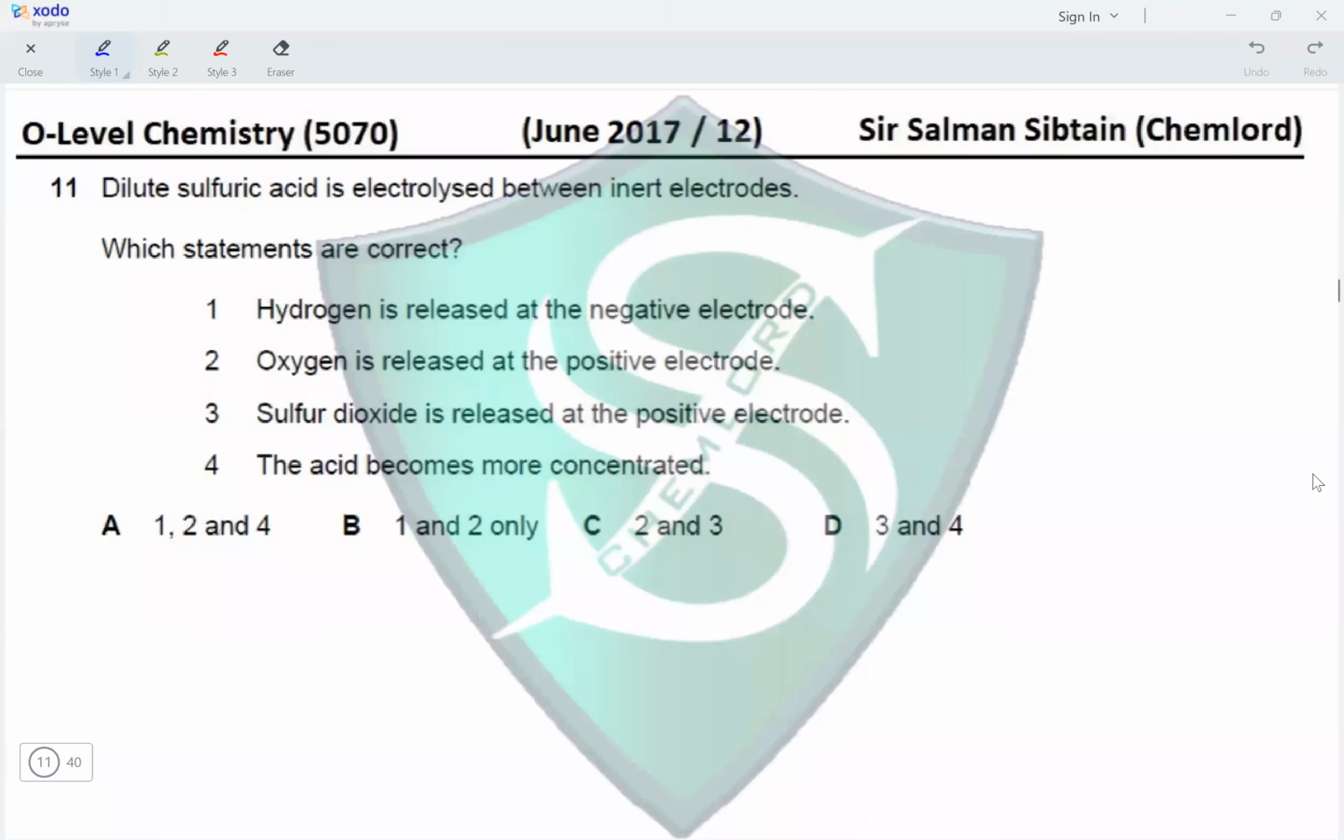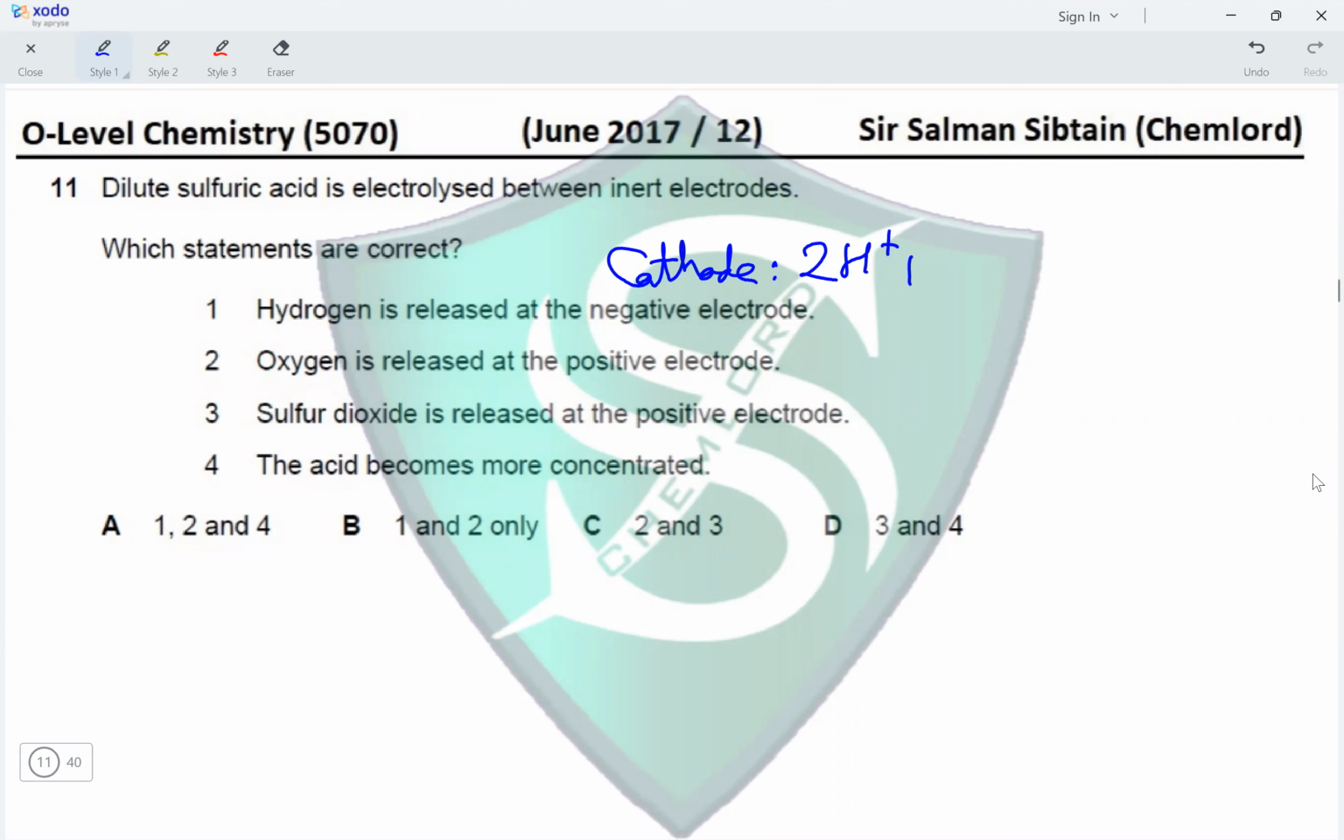Hi guys, this is O-level chemistry paper 12, June 2017, question 11. Dilute sulfuric acid is electrolyzed between inert electrodes. Which statements are correct? Hydrogen is released at the negative electrode. Negative electrode here refers to the cathode, and the reaction that takes place at the cathode is 2 moles of